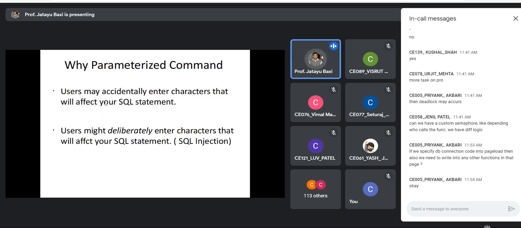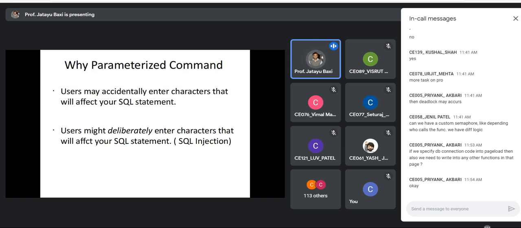So why would you like to do it? Because users may accidentally enter characters that will affect your SQL statements, or users might deliberately enter characters that will affect your SQL statement, and there may be security issues if SQL injection happens.